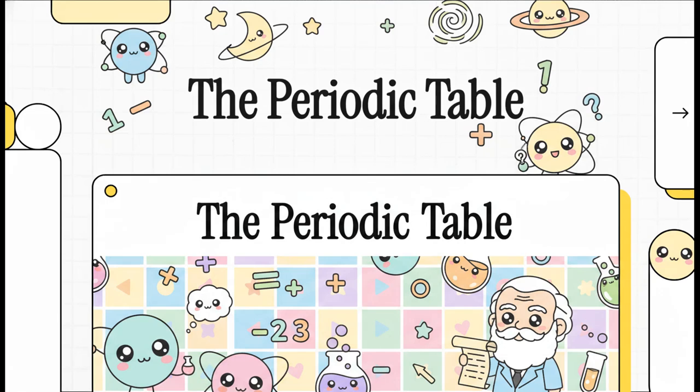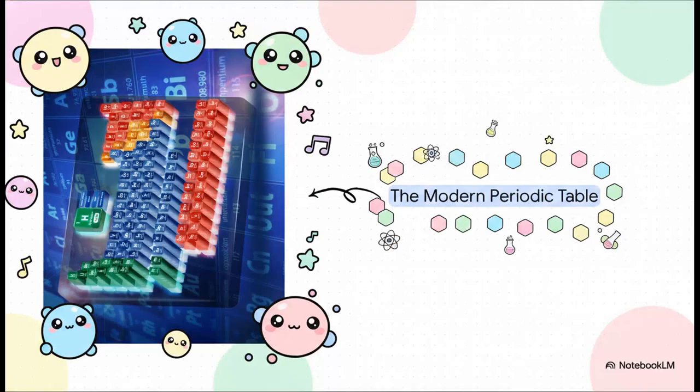Today we're taking the absolute chaos of the undiscovered elements and transforming it into a brilliant, mathematically logical map of the universe. We're talking about the ultimate cheat sheet of the physical world. Because, let's be honest, the modern periodic table is so much more than just a random collection of letters and colors hanging on a laboratory wall. It's an elegant, interconnected system that literally dictates how everything around us interacts, bonds, and exists.